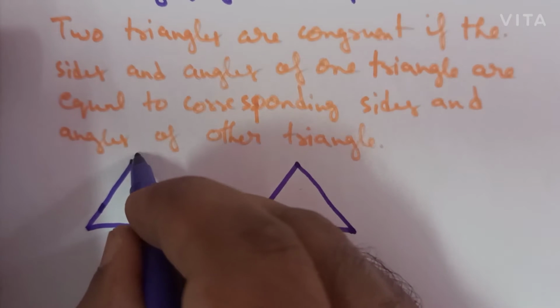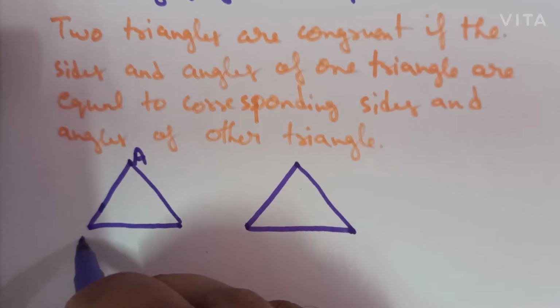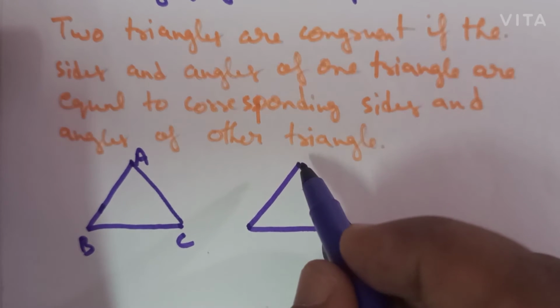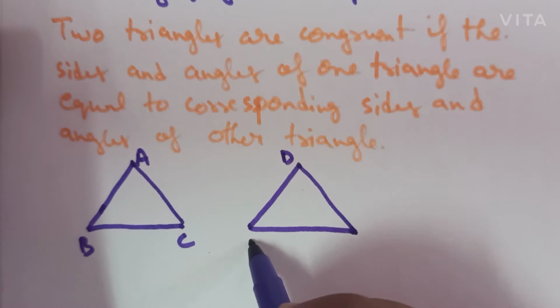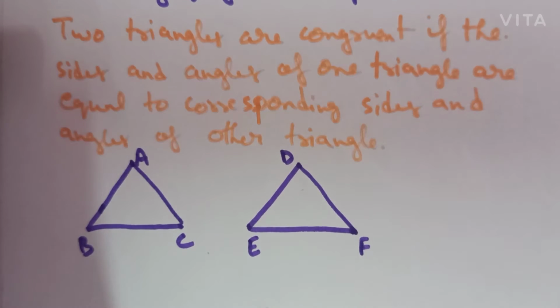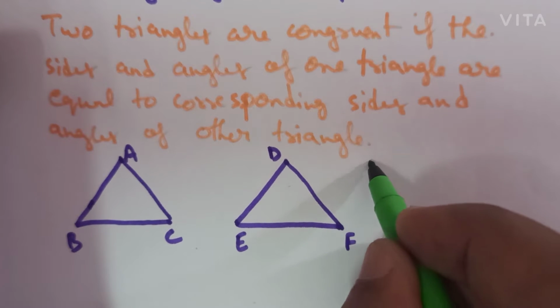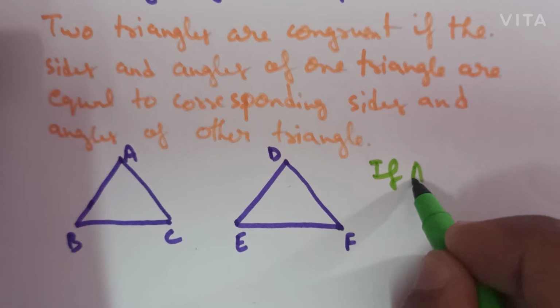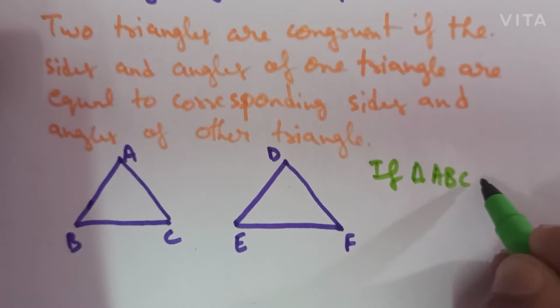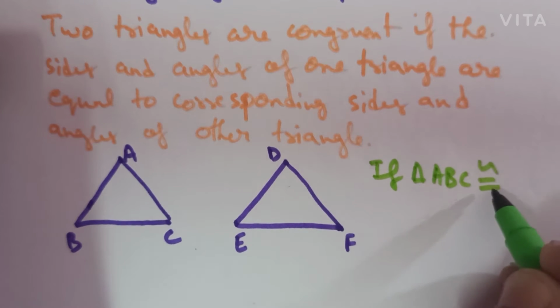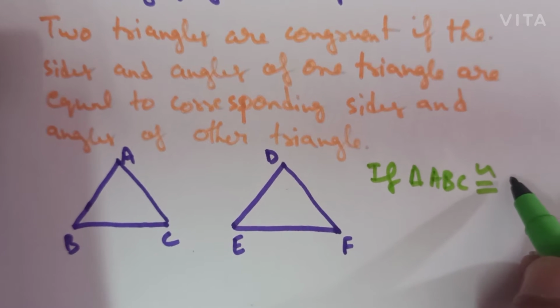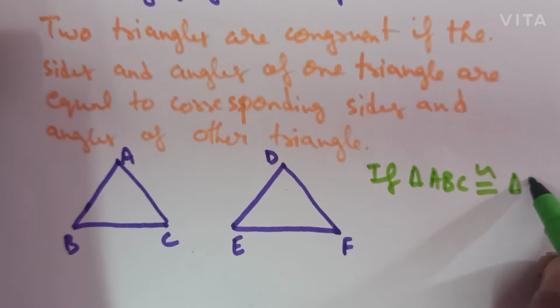This is triangle ABC, and this is triangle DEF. We have two triangles, triangle ABC and triangle DEF, and it is given that triangle ABC is congruent with, this is the sign of congruency. This sign means congruent. So if triangle ABC is congruent with triangle DEF,